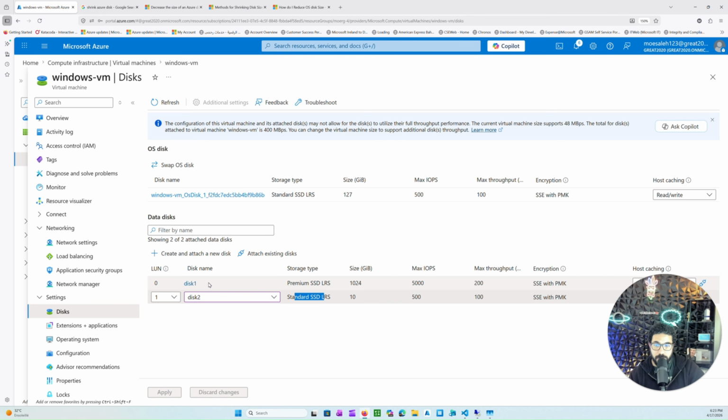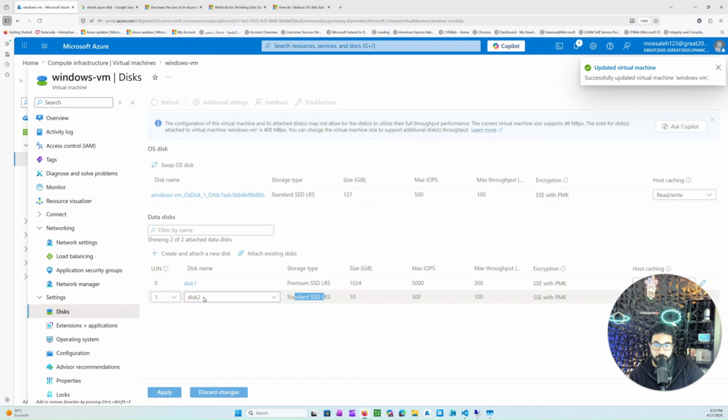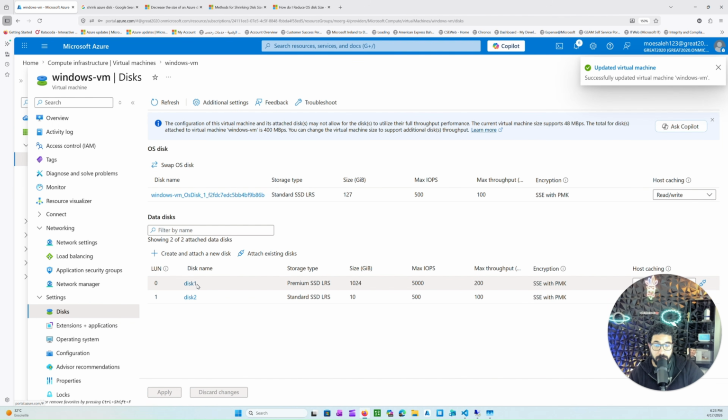What we will do now is move the data from disk 1 to disk 2, and once the data is moved here, then we can delete the older disk. Okay. So let's go back to the operating system again,